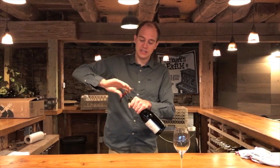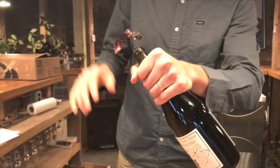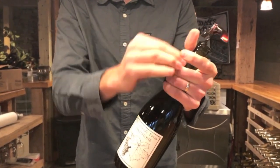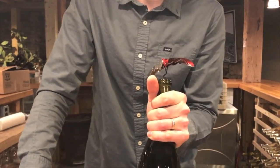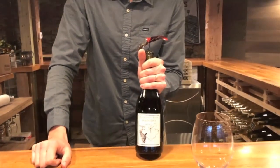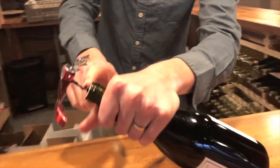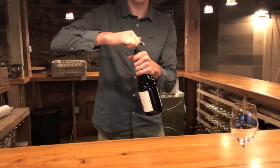We can open it like this, and you want to go down until, you don't want to go all the way, otherwise the worm is going to poke through the bottom of the cork, and that's going to put a little bit of cork sediment into your wine, and we don't want that. So usually it's about one spiral from the top, at least for the corks here at Rocklands, and then we are going to,